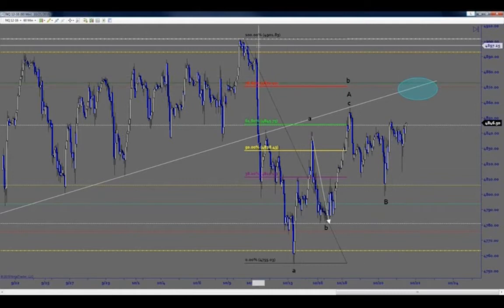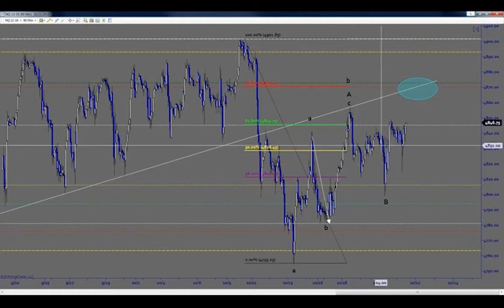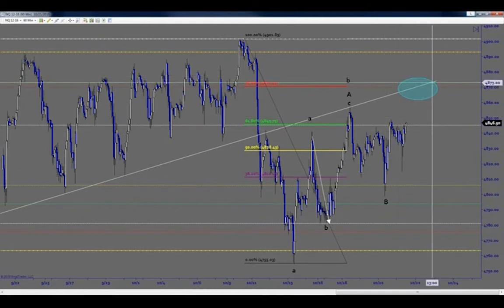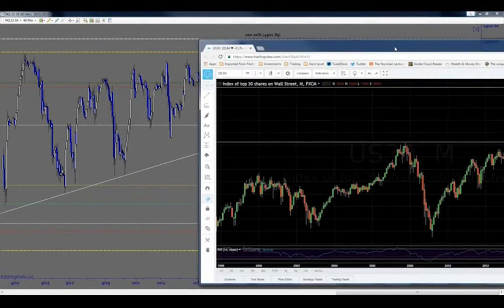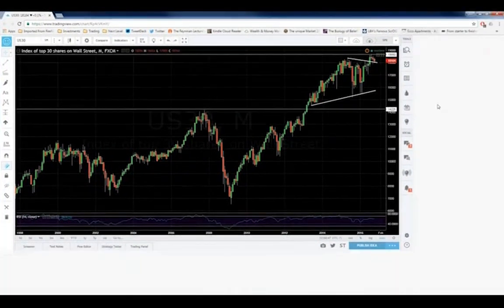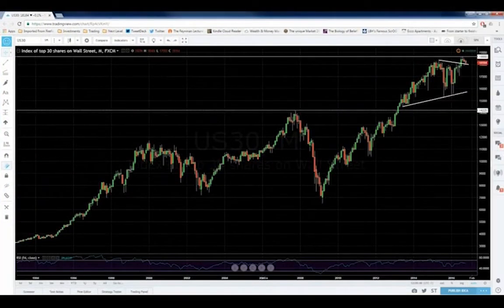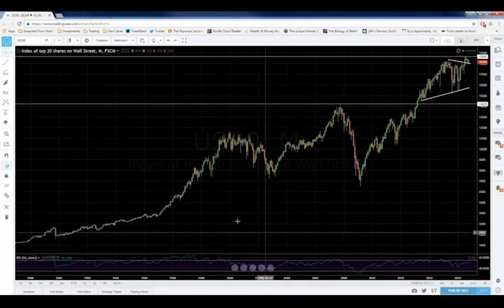And when we're day trading, I don't need to go to a monthly chart and a weekly chart. I can go back to the recent high and see where we are, what pattern is currently in play. Now, I do want to use it against a backdrop of a higher time frame, and just to give you an idea of how this works on any time frame, I'm going to go to the Dow here and look at a long-term chart here on this monthly chart. And the thing I want to show you here on this chart